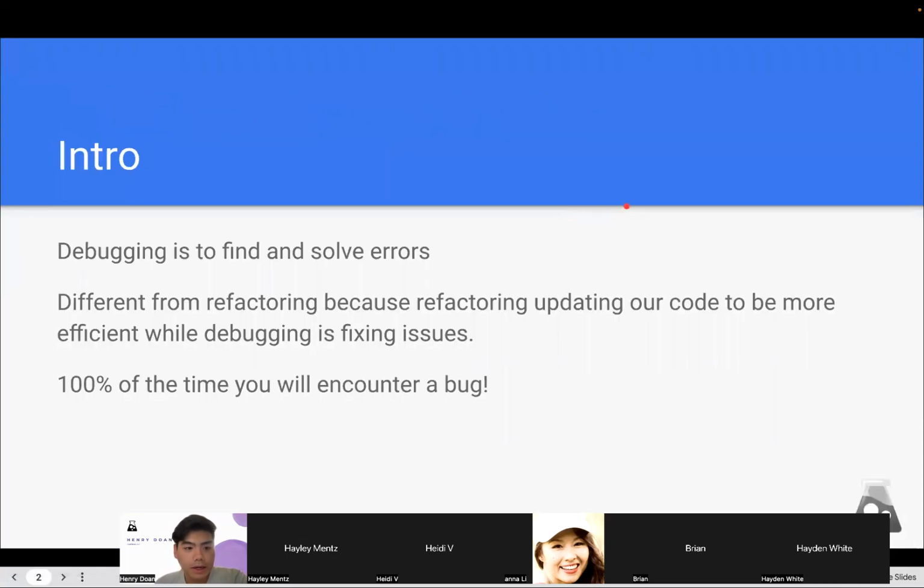Essentially, debugging is trying to find and solve errors. This is very different from refactoring. Refactoring means that you have already coded and you just need to fix your code so it's better in performance or you are cutting back on the code. That's totally different. This is more about if you have errors,